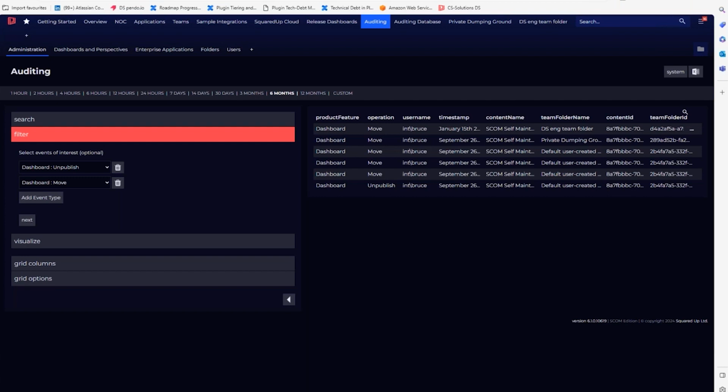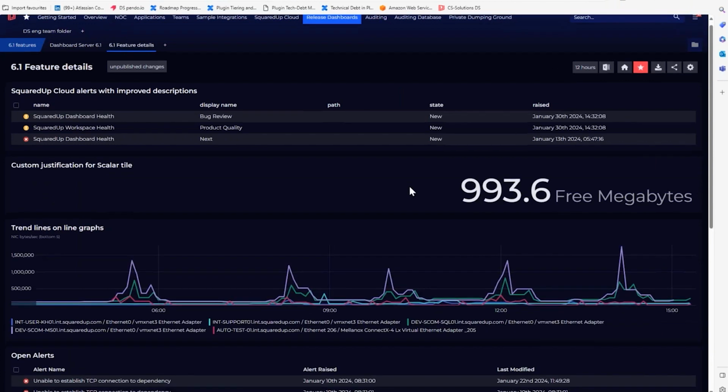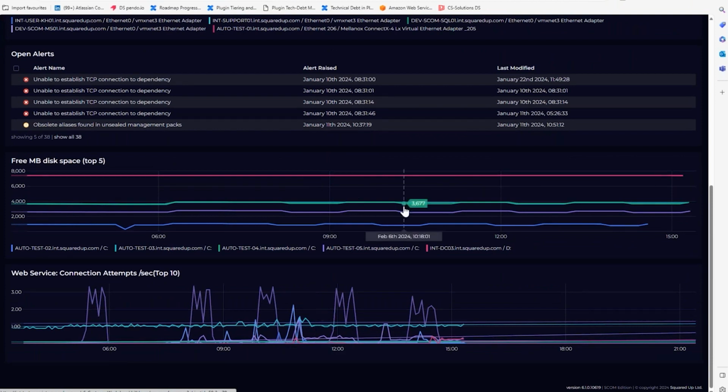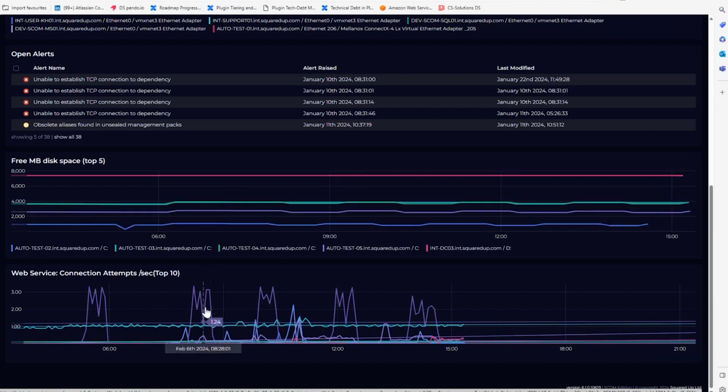So that's auditing, and at least the changes in auditing. Next thing to go into then will be, let's have a look at SCI units next. For SCI units now, we're going to have a look at these two graphs at the bottom. We have large amounts of space, so this is essentially megabytes, and we have small units, which are where we